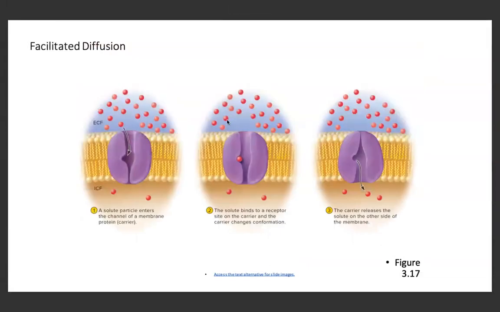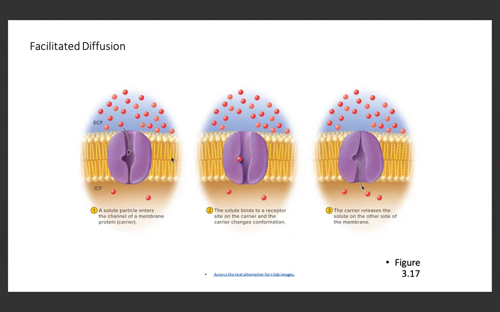Water has a slight charge to it as an overall molecule. It is also not very large. So the main reason why water can't easily pass through the phospholipid bilayer is because it's going to have a really hard time with the hydrophobic, the water-fearing areas of the plasma membrane. So in order